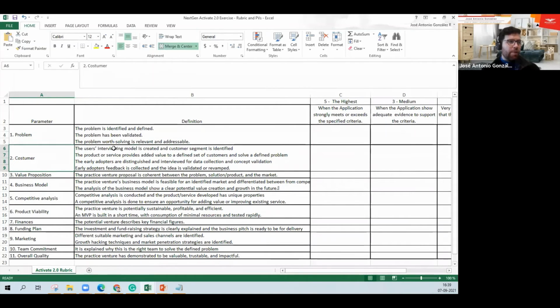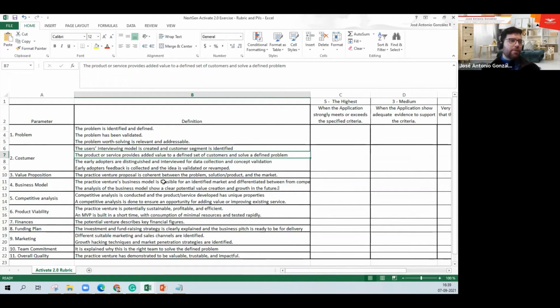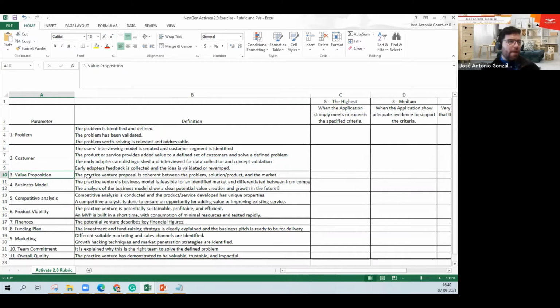Then customers. We would like to see feedback from the customers. If the product provides or adds value to them, if the early adopters gave testimonials, gave any feedback again. And next, we have value proposition. In the value proposition, we won't be seeing the value proposition canvas. We're gonna be seeing the description of the solution, maybe a marketing phrase or the positioning statement or something related